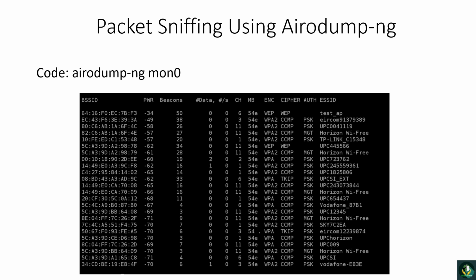So 0 data packets in the past 10 seconds. Channel is the number of the channel that the access point is broadcasting on. Each access point broadcasts on a certain channel, and this is used because there should be no interference between access points that are beside each other. So say for example